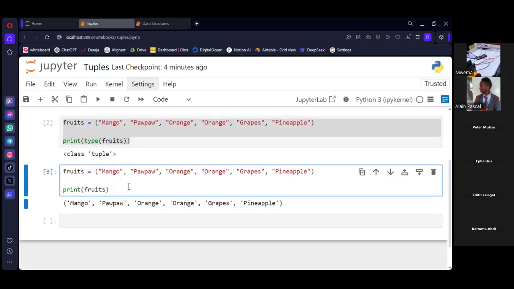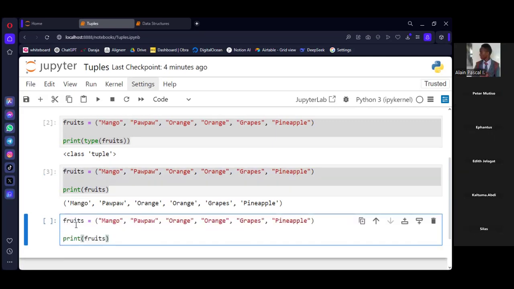So if it's unchangeable, okay, let's try. In the list, we were specifying the index. Remember, if it's ordered, you're able to do it. Who can help us know how, for example, we can access this purple? How can we access this purple?